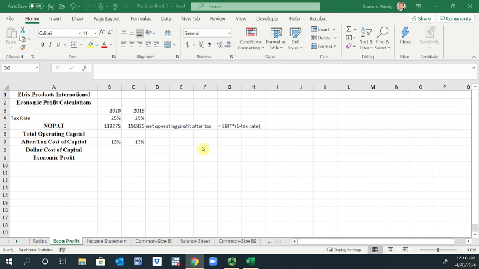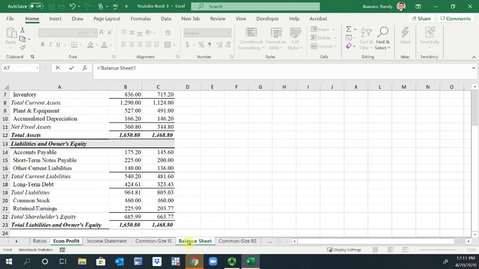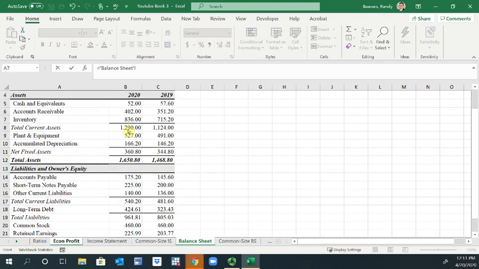So, in our particular case, we're going to enter the following formula here. Elvis doesn't have any short-term investments, so we don't need to worry about that. So we're going to add current assets to net fixed assets. So what it will be is the following. So total operating capital is equal to, go to the balance sheet, and that's going to be total current assets plus net fixed assets